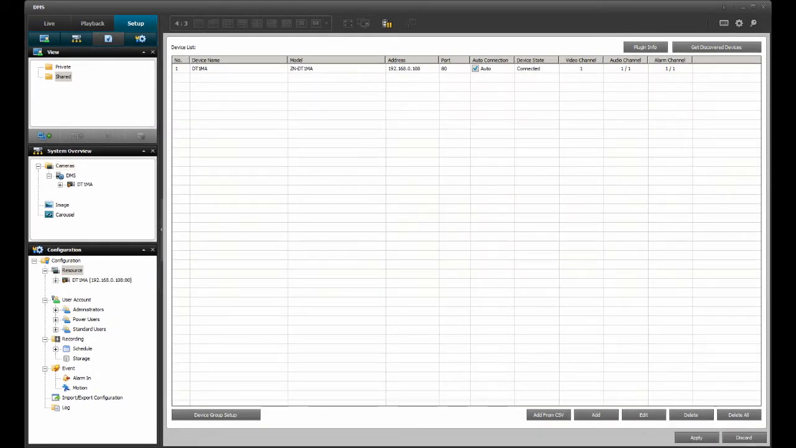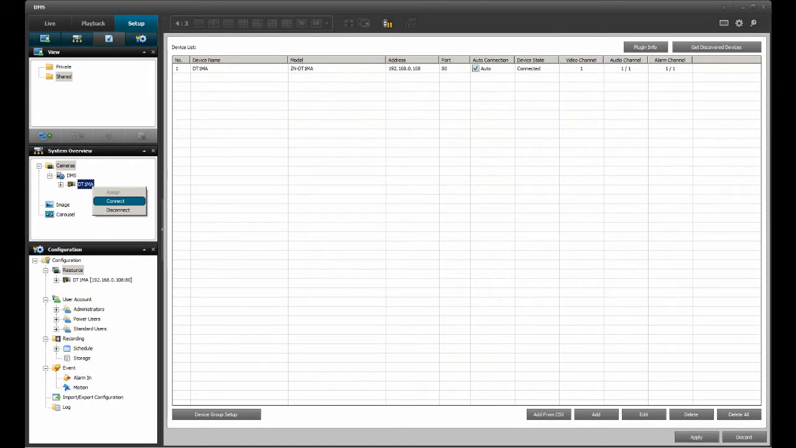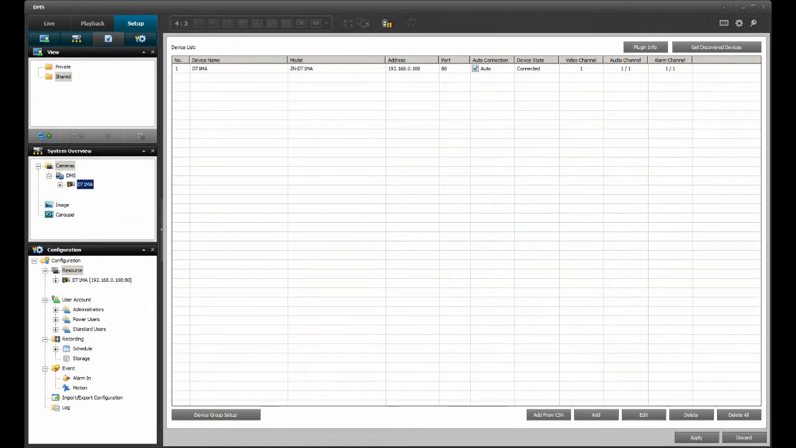As a note, the way to connect to a PixelPro that does not have the auto connection option selected is by right-clicking on the camera under the System Overview panel. The drop-down menu will list the options to assign, connect, and disconnect. Select the Connect option and DMS-Lite will connect to the camera for the duration of the current session, or until